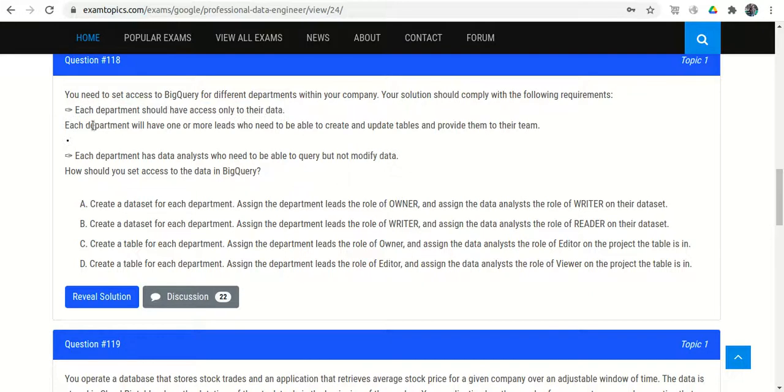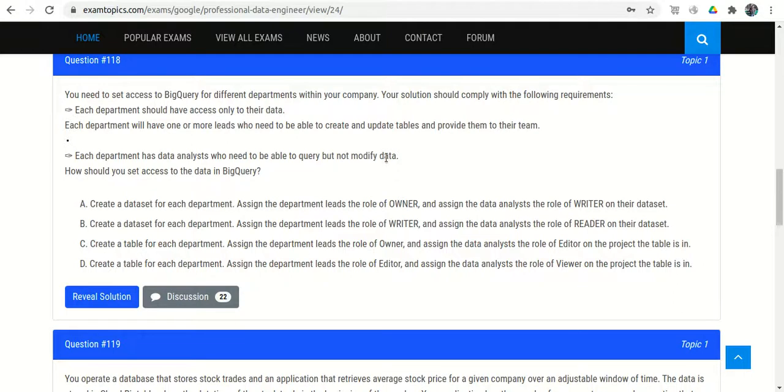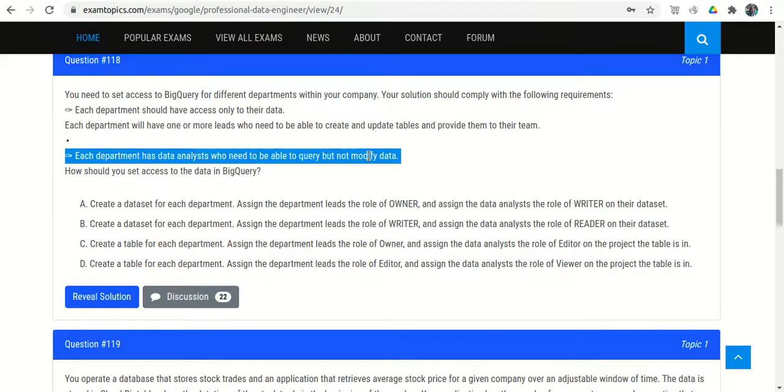Each department will have one or more leads who need to be able to create and update tables. Each department has data analysts who need to be able to query but not modify. So the data analysts should only have query rights but not modify rights.